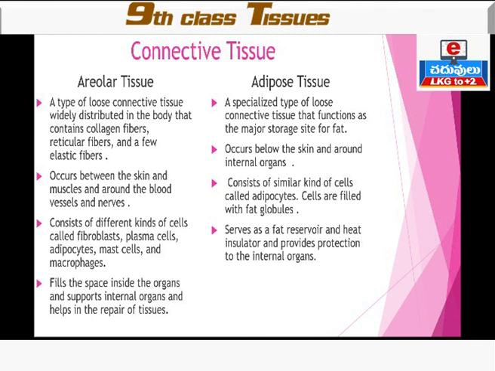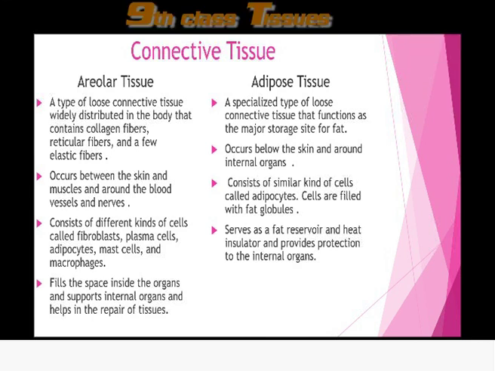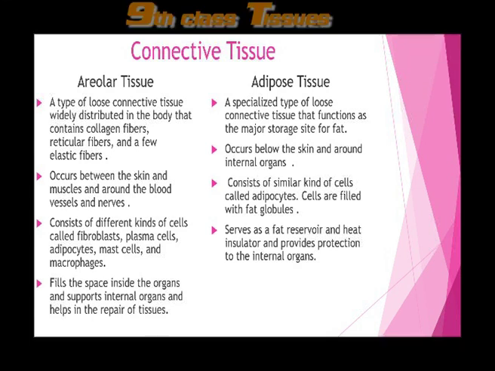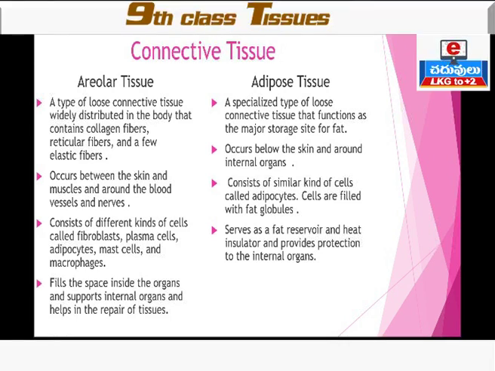Areolar tissue consists of different kinds of cells that we have already discussed, and adipose tissue consists of only one kind of cell, called adipocytes. As I already told you, adipocytes are filled with fat globules. Areolar tissue's main function is to fill the space inside the organs, support internal organs and help in the repair of tissues. Adipose tissue acts as a fat reservoir and heat